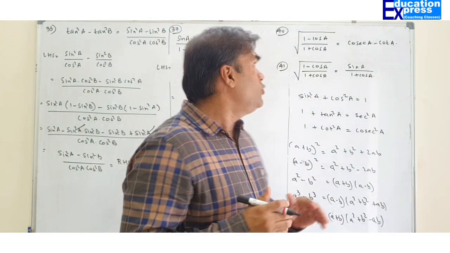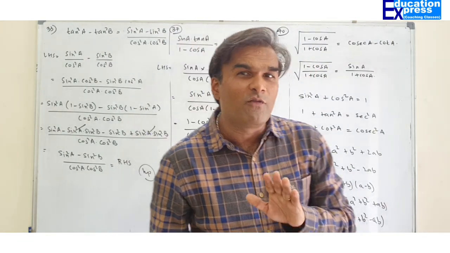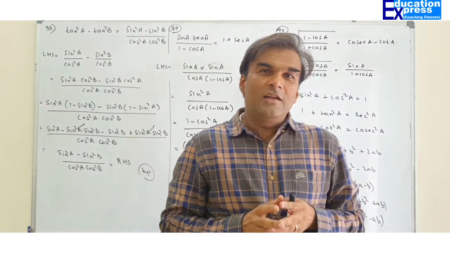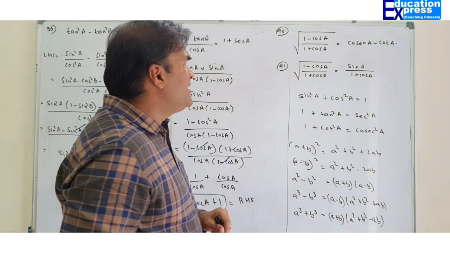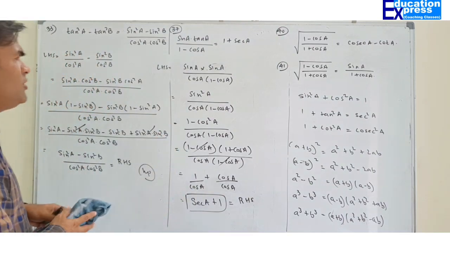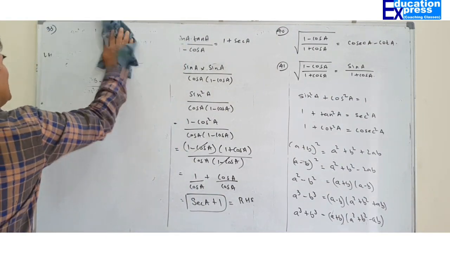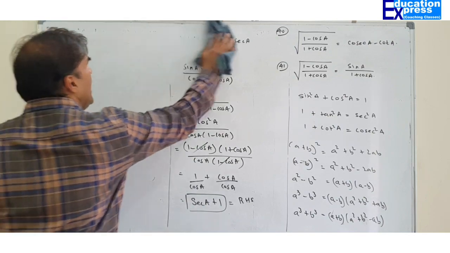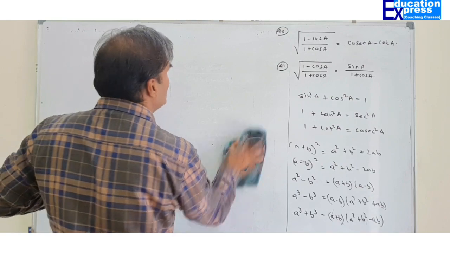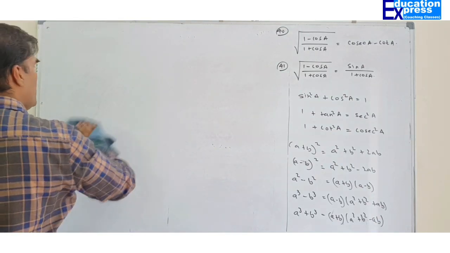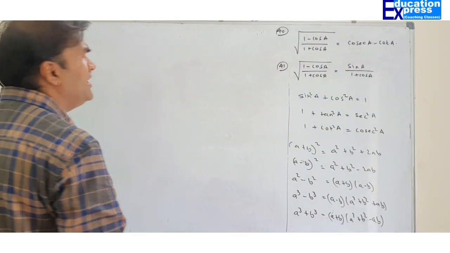Only if you know these particular points well, it's going to be very, very easy. Let's do two more questions, which seem to be favorite with most of the students. These two questions are very important from the examination point of view as well. Both are exactly identical, the same type of question, and you will find them very easy. Generally students have the perception that when they see a square root, they have a little fear and they fumble. I don't think there is any reason for that.